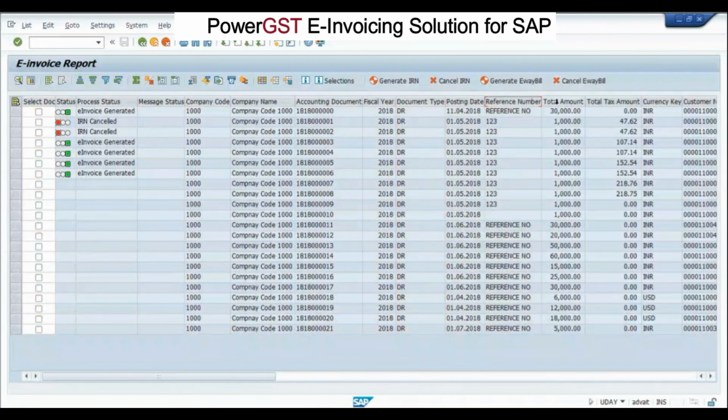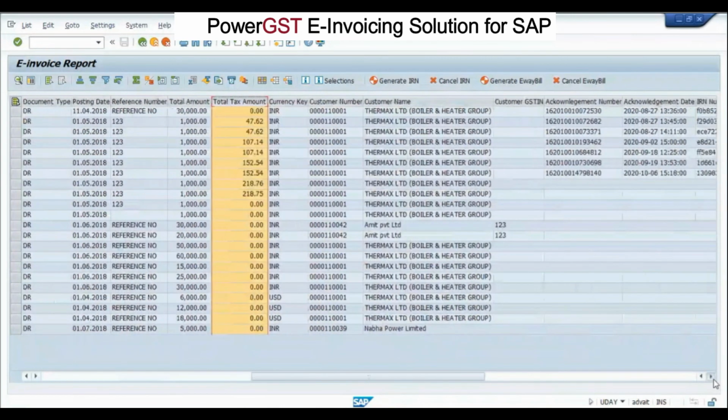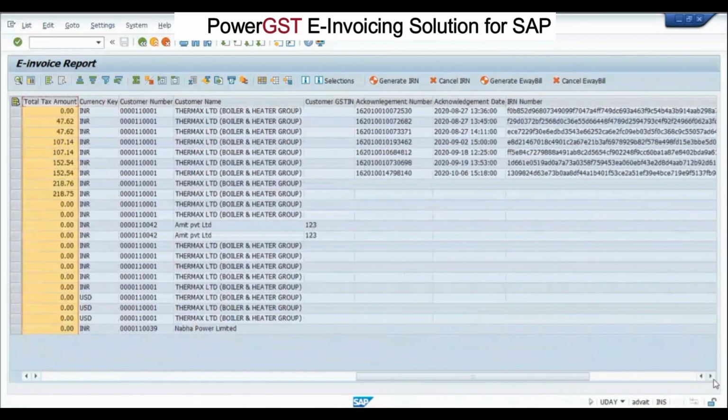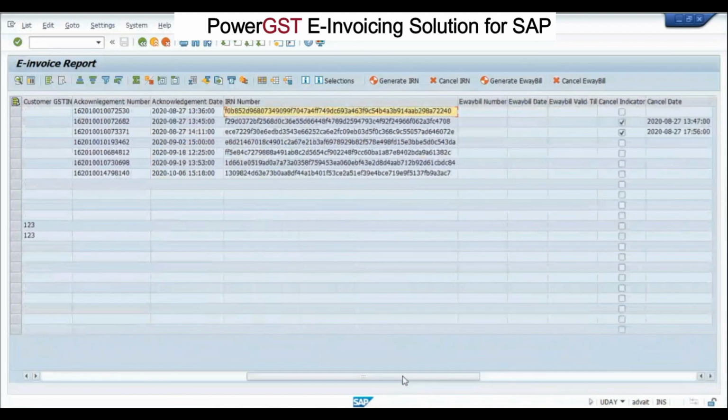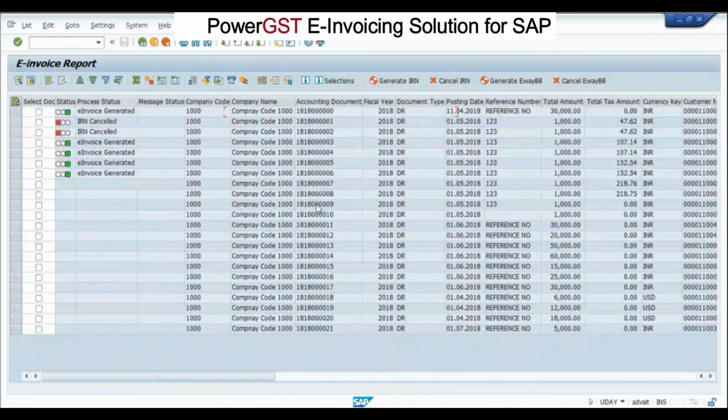In the same way here, we can select the document and click on generate IRN, right? And then you will get the response as acknowledgement number, acknowledgement date, and IRN number, right? So these details will come here. Now here mostly the e-way bill will not be there because this was our dummy system. We have created those columns, but for accounting documents mostly the e-way bill will not be there. So for accounting documents the process is the same. Just select the line item for which you want to create, click on generate IRN, and the e-invoice IRN will be generated.